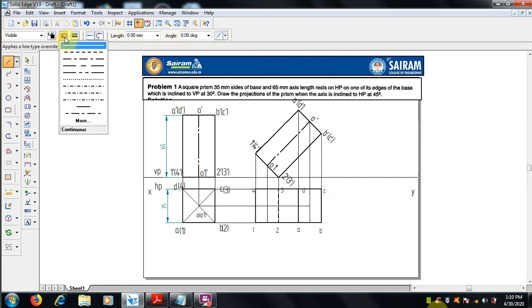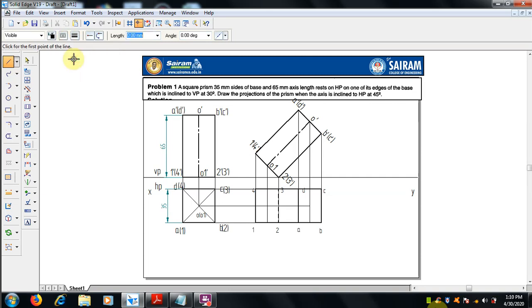Select the center line, this is the center line. So draw from the intersection of this point to where the O dash meets. Now for this also, this is the axis. Mention the axis names: the bottom axis is O1, and the top axis is O.